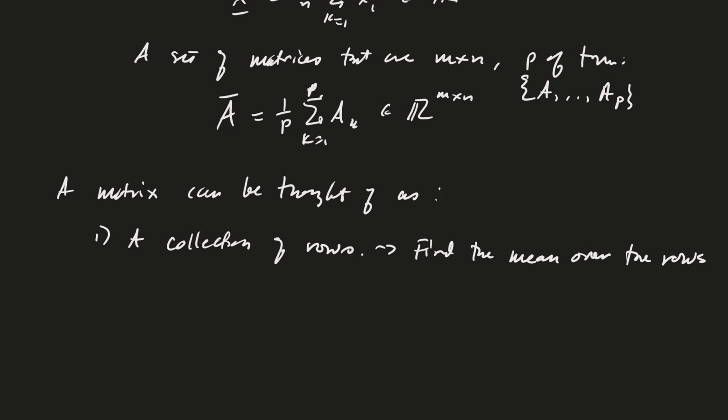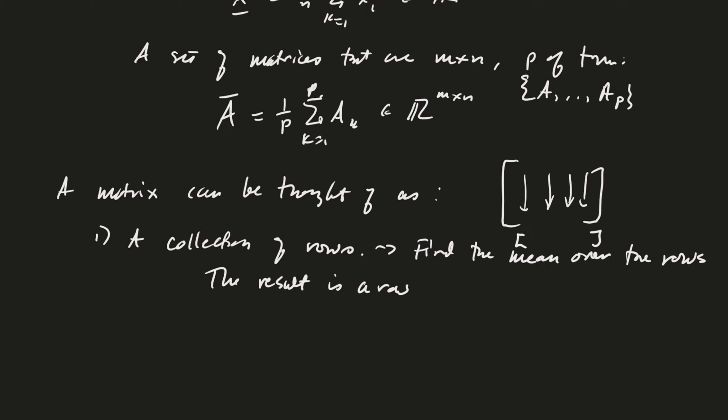By that I mean the result is a row. If you have your matrix, you would be summing down each dimension so that the result is a row. But of course, you could do the opposite, a collection of columns, in which case you'd find